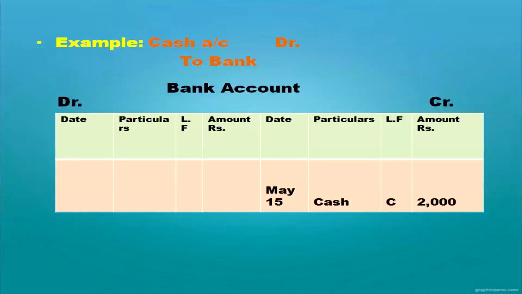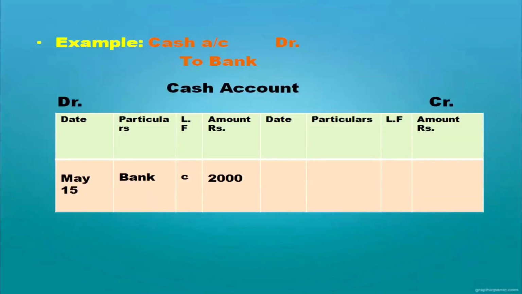So, when cash is withdrawn from the bank, cash account debit to bank. To make you think how this amount comes in the respective column, I have drawn this account. If you are writing directly in the bank account, how will you post? You will write on the credit side 'By cash', and this amount column is the bank account's amount column. That is why in the cash book we write the amount in the bank column.